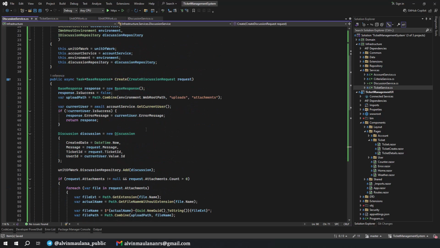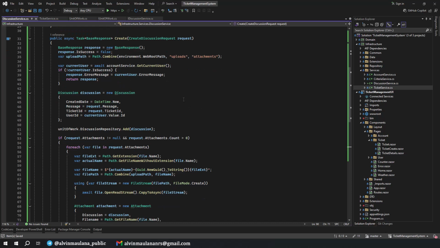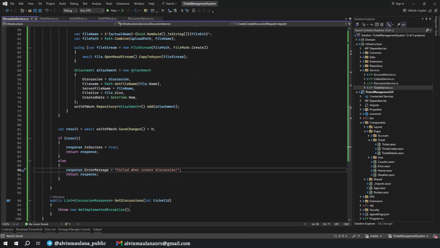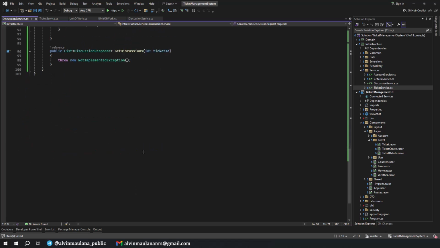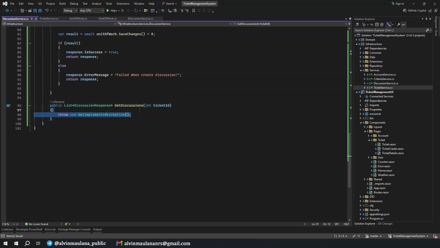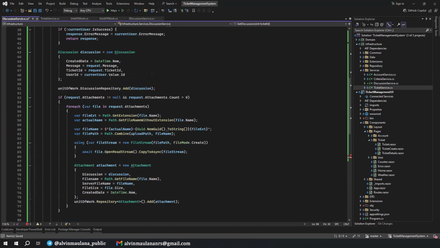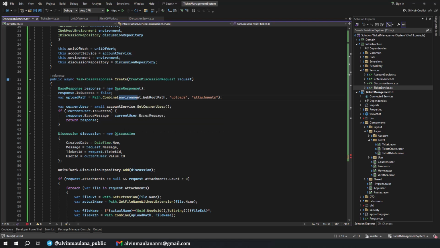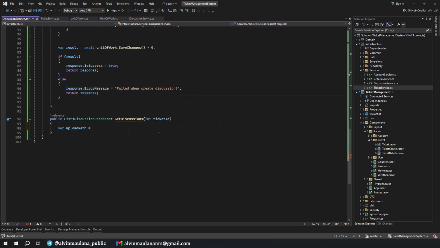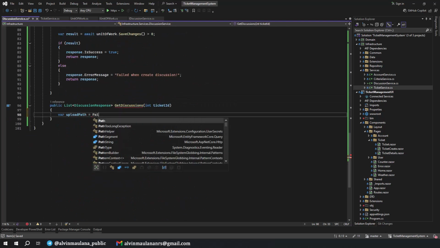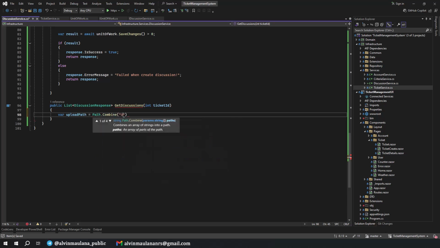Okay, should be fine now. Now let's continue for the get discussion. For this we need to have an upload path. It's different from the create upload path because we're not using the environment path. We're just using the path combine of uploads